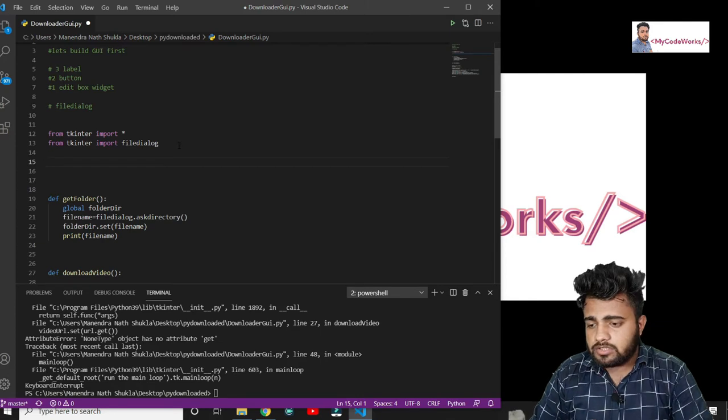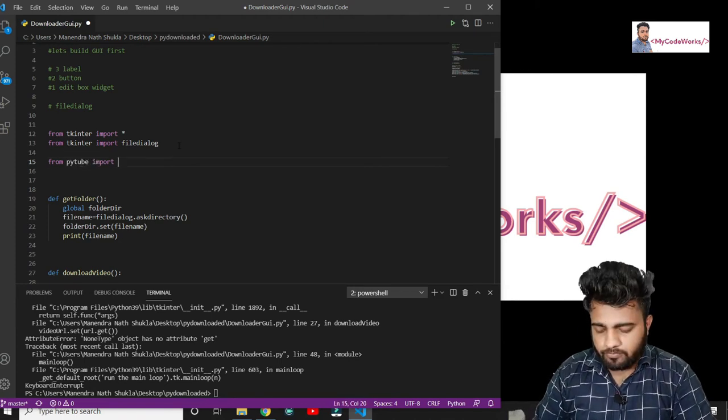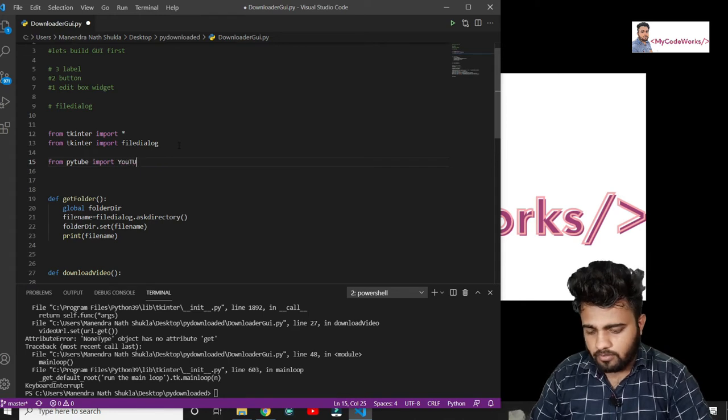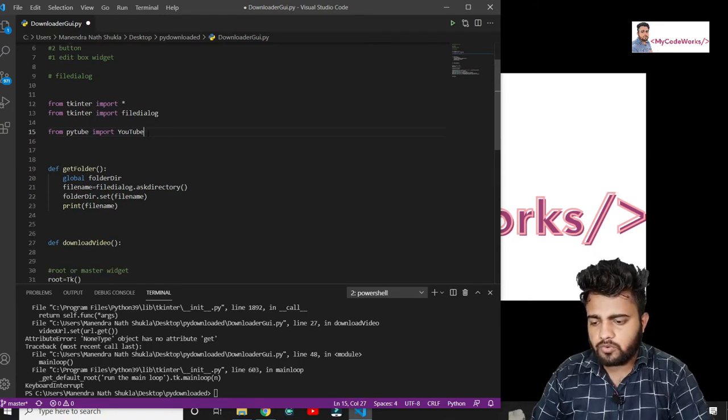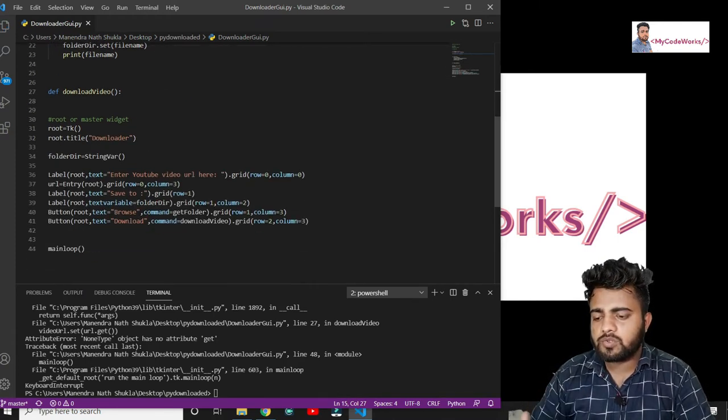So let's do it, and let me just import first: import PyTube directly, I can say, or from PyTube import YouTube, capital Y and capital T. Using this YouTube method, now we are going to download the things.